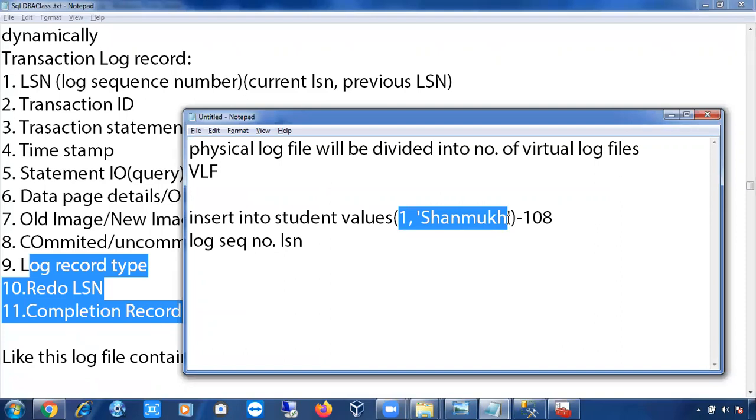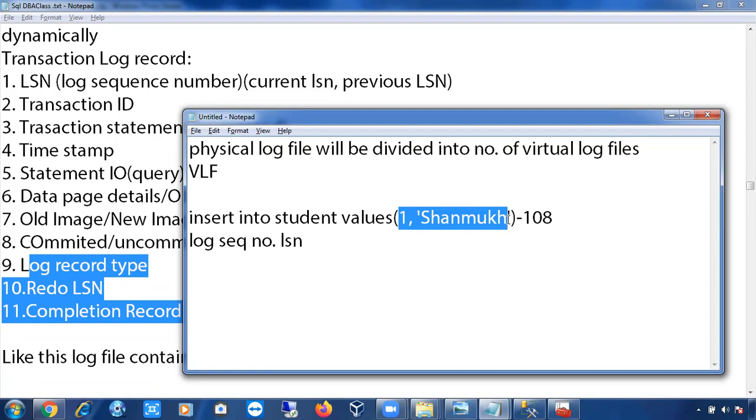Once the transaction is completed, all these details are truncated automatically. Why? Because once the transaction is completed, that particular record has been saved permanently to the data file, so there is no issue. There is no use of the transaction history after the data is committed in the data file. Till that point only, the log file holds the transaction information. Once the data is committed to the data file, it will truncate the transaction automatically.